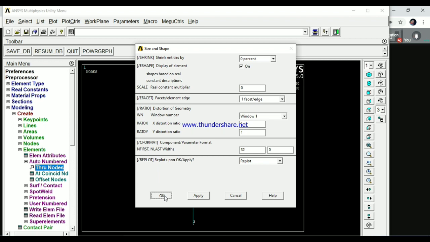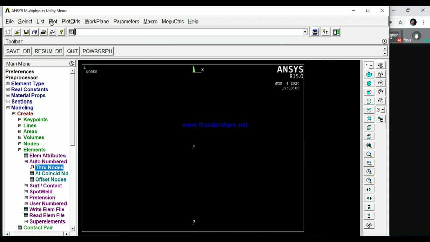Now you can make it on, it disappears, but how to get it up here? Plot elements. Okay, now it is visible. The 2 areas are there, 2 stepped bar, vertical bar is there. Okay, we are converted here. Because I told you, discretization in FEM is converting the given continuum into a finite number of known element shapes, because every element has its own characteristic equation. Okay, now can I continue?